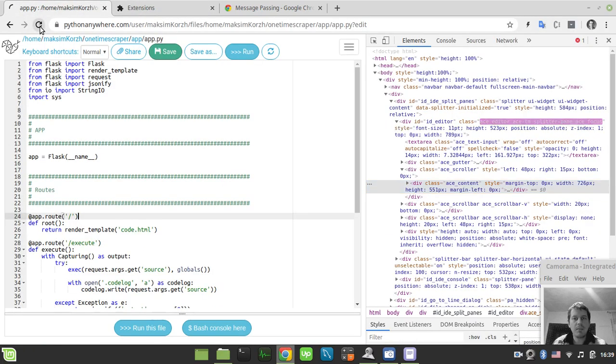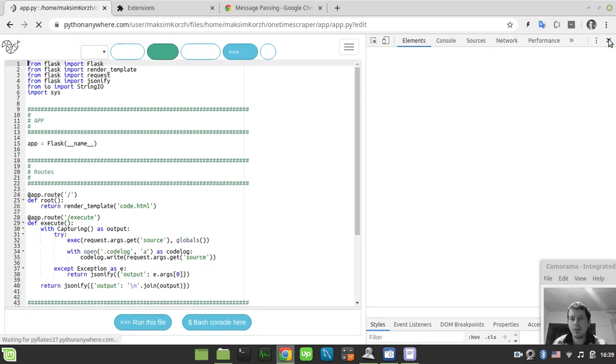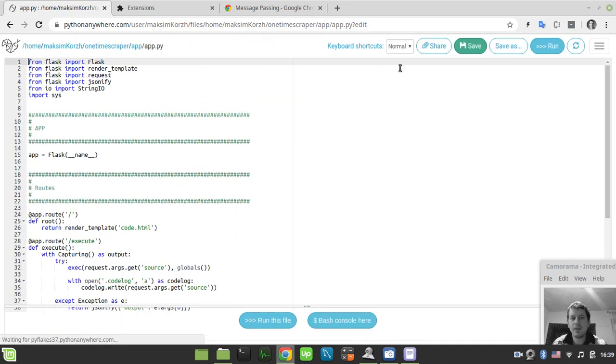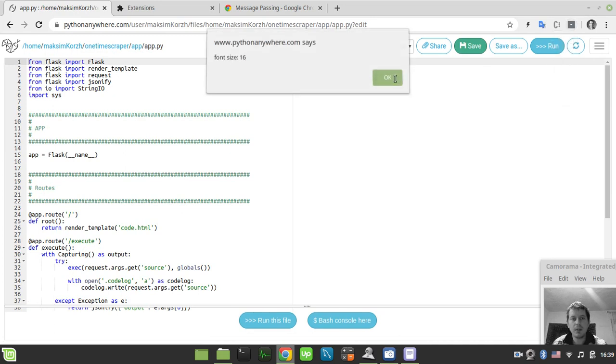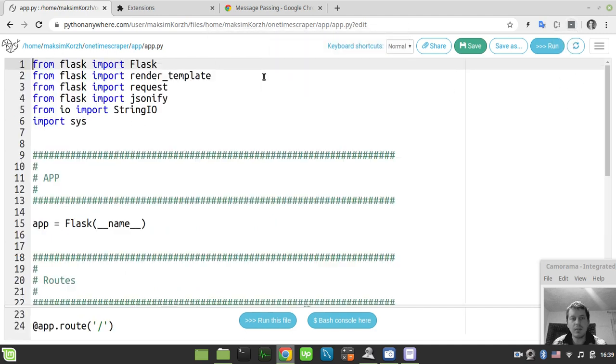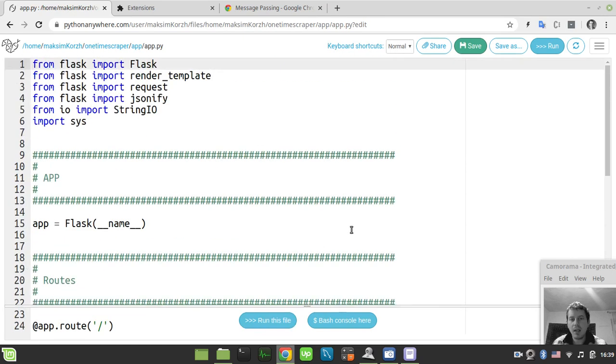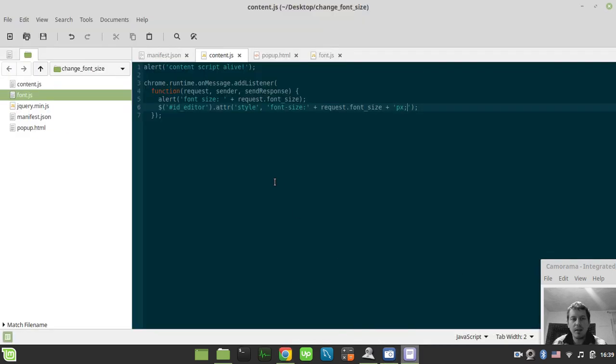Okay, so just updating the stuff again. So just close, don't need this anymore. Okay, content script is alive, great. And now let's try to set up the font size, and we have our font size being changed, so let's make it a little bit bigger, font size 24, great, so it kind of works. Okay, so the very last thing here is actually to get rid of this nasty